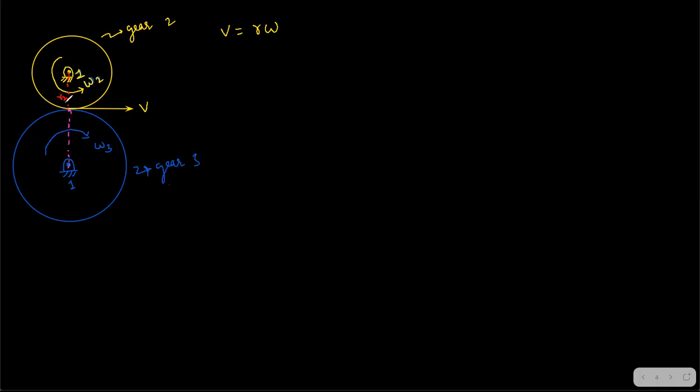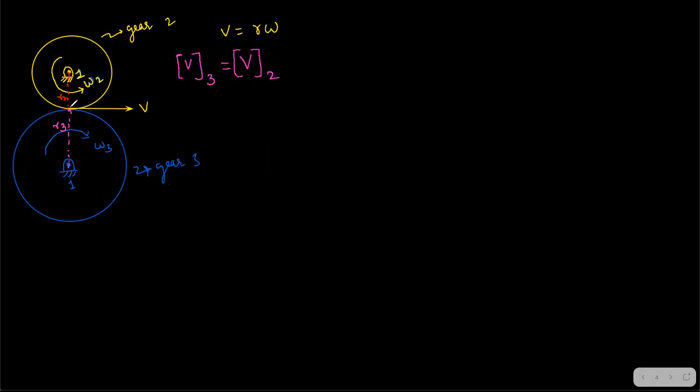What about the line joining the centers? The line joining the centers is a common normal also, you can say. So this is the R3 radius. So what can I say if I want to write V? See, this V is the same, right? Whether considered on body 3 or a part of body 3, it will be equal to V if you consider the V of a part of body 2.